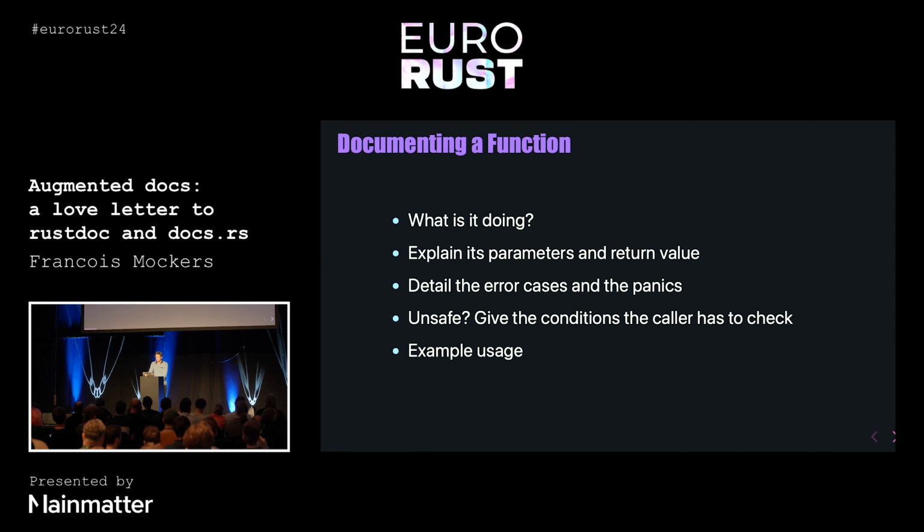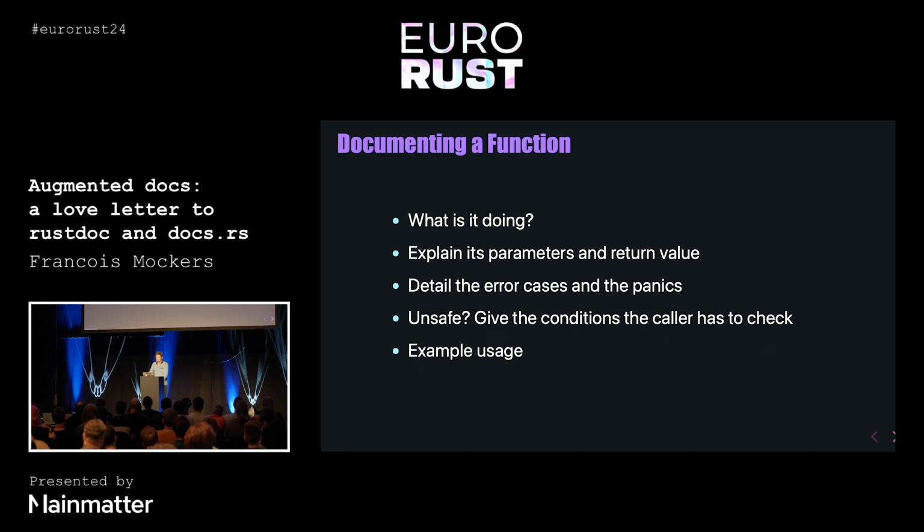So, documenting a function. The first thing to put in the documentation is what is it doing? It can be interesting just to rephrase it with different words, because the right word can click with the right person, and it's not always easy for everyone, as not everyone is a native English speaker. You should explain the parameters and the return value. If there are error cases and panics, document them. If the function is unsafe, explain the condition that has to be checked before calling it,